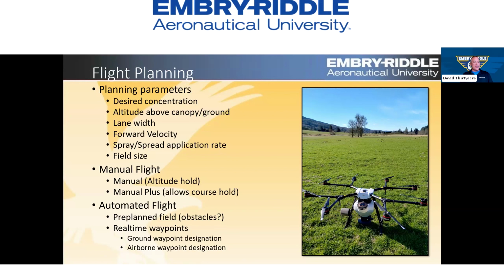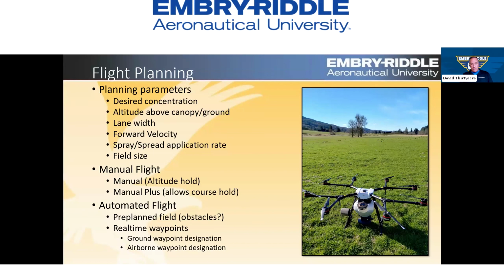So again, not the simple things you think about as far as collecting imagery or something like that. As far as the flight modes go, all these different aircraft basically have an automatic mode and a manual mode. The good news is that most of the manual modes are mainly autonomous, in that you're just going to tell it where to go horizontally, and you're going to be able to set an altitude. So typically, with the aircraft we fly, we're flying between 1 meter to 1.5 meters above the ground most of the time when we're doing any spraying type of operations. That's kind of the sweet spot where we're going to be. Sometimes up at 2 meters, but most of the time down there low.